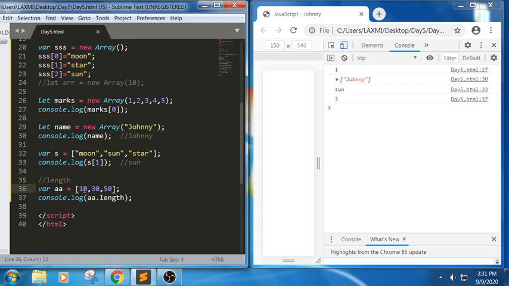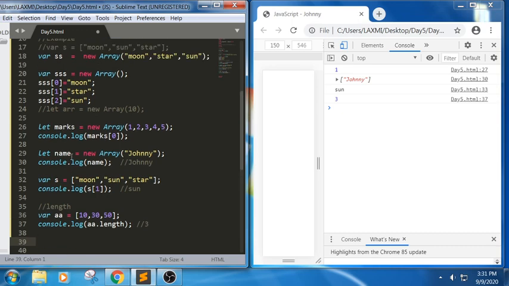You can understand 1, 2, 3, but the array index starts from 0, so the answer is 3 here.